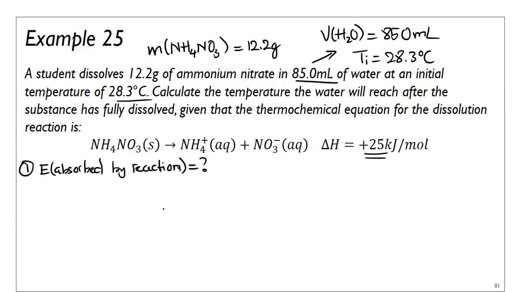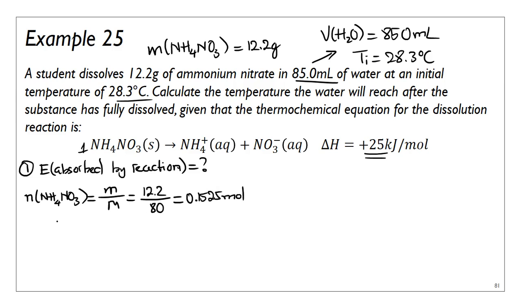Energy absorbed by reaction. Okay, the ratio that I have from the thermochemical equation is 25 kilojoules for every 1 mole. So I'm going to convert the mass of ammonium nitrate given to me, which is 12.2 grams, into the number of moles, so I could make a comparison with the ratio. It's just mass divided by molar mass. 48 plus 4, so I got 80 to be the molar mass of ammonium nitrate. So we go 12.2 divided by 80. That is 0.1525